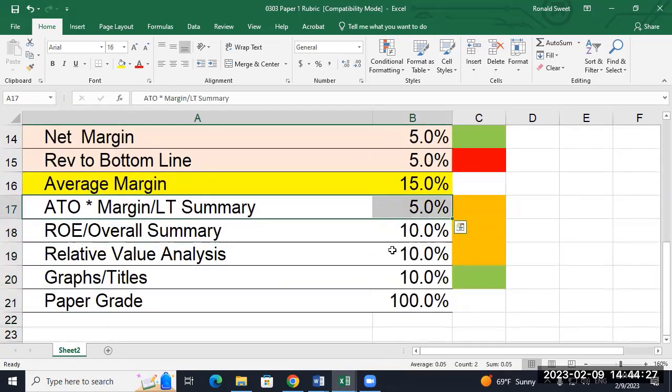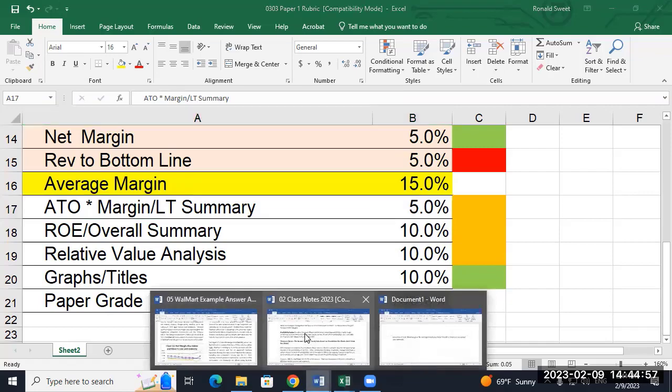You do have to do a summary on asset turnover and margin, but it's really pretty simple. First of all, you can multiply those two numbers, asset turnover times margin. You can just look at that. So remember, Walmart was really strong on turnover, weak on margin, but when you combine them, how do they look? That's what we want to look at. And then you want to just have a summary. Your summary is essentially going to go back and look at what you said on asset turnover, look at what you said on that margin, and just bring out those most important pieces. So it's really repeating what you've already done. So with Walmart,